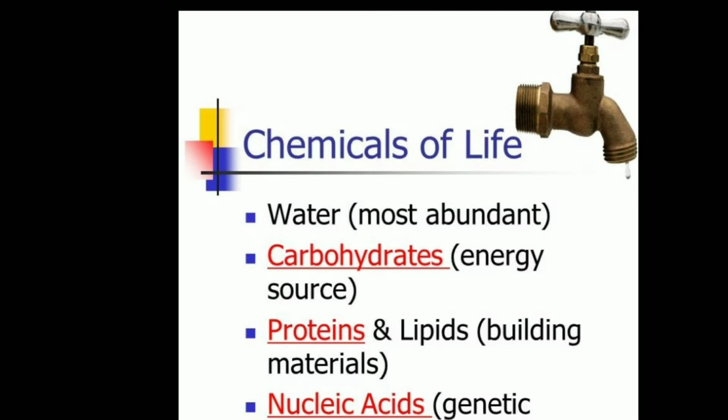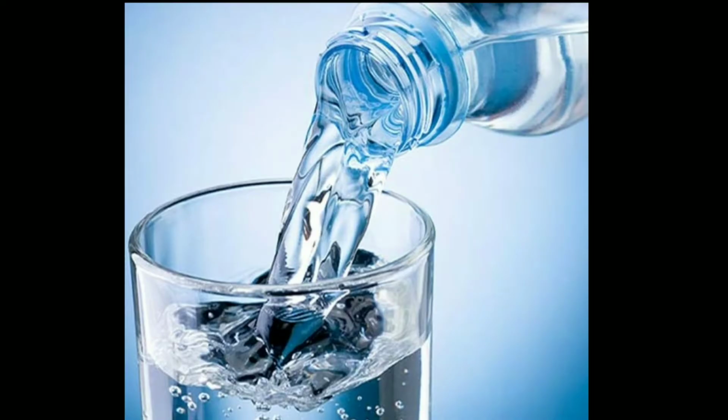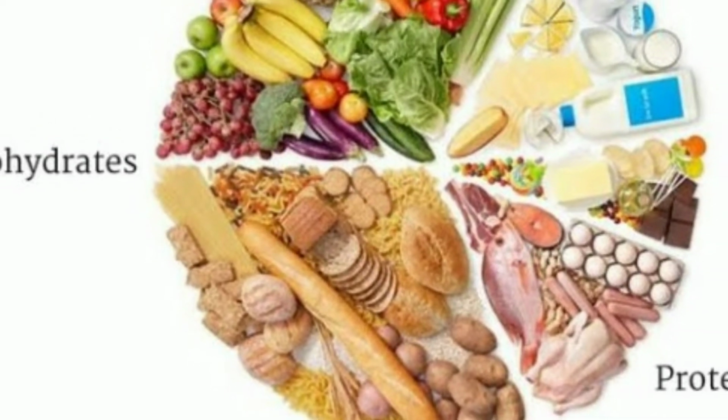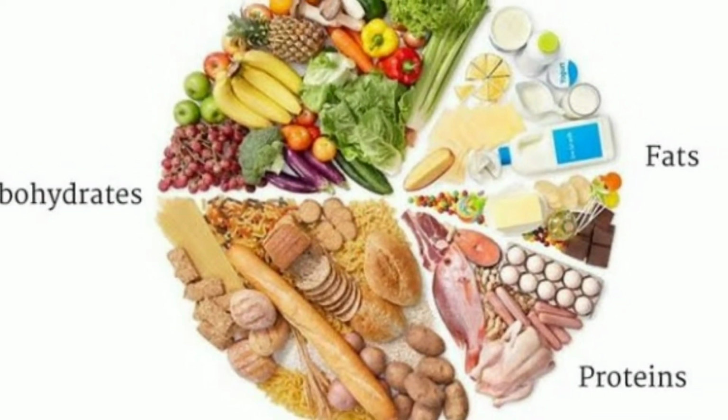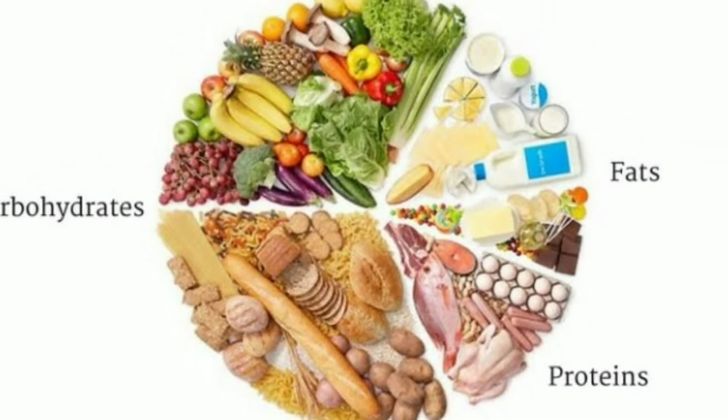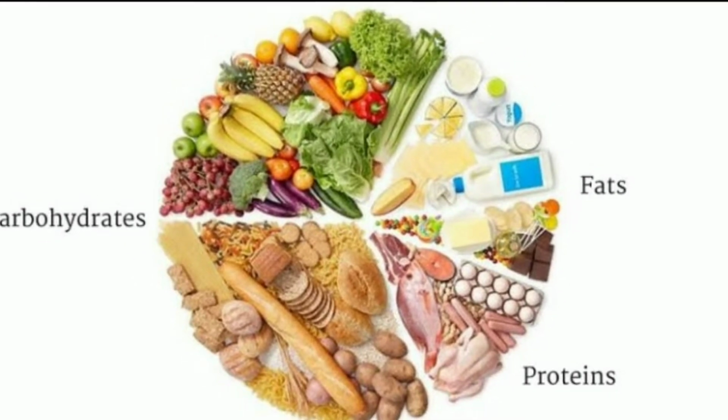Have you ever wondered what we are made of? The bodies of all living things are made of many different kinds of chemicals. Most of our bodies are made up of water. We also contain carbohydrates, proteins, and fats. These substances are what our cells are made of. Each of them is vital for life.